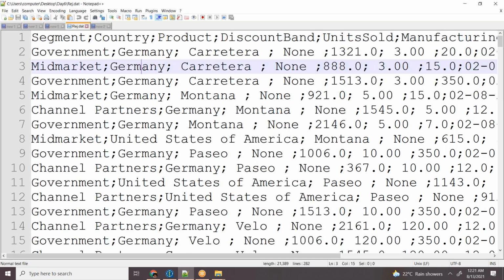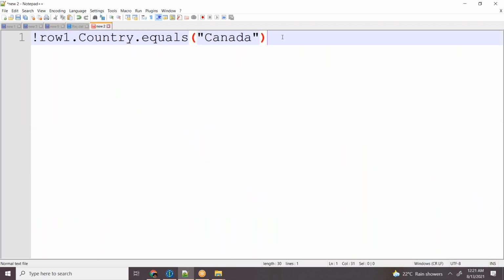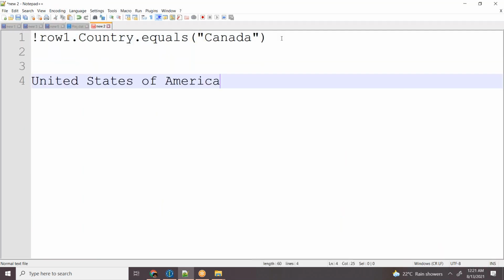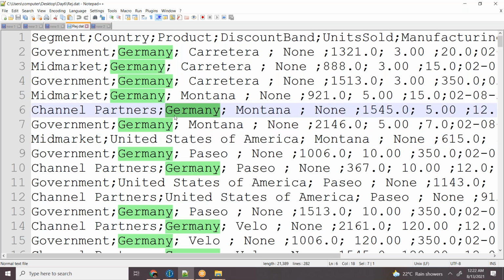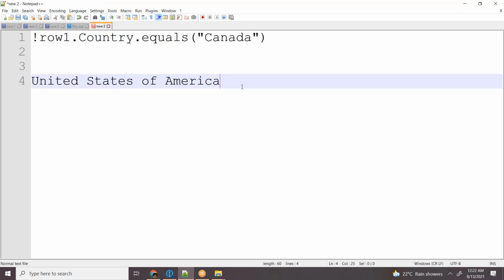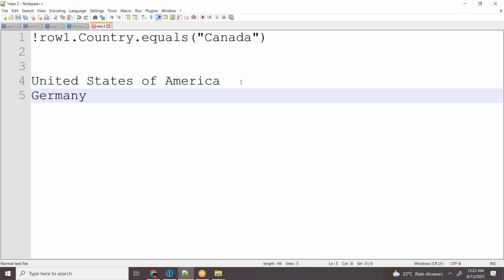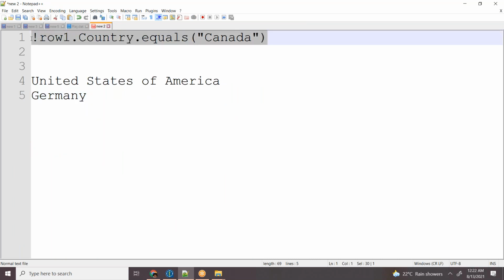We have Germany and United States. Let me copy these names and I'll tell what it's equivalent to. United States and Germany. So if we have only 3 countries, this condition is as good as